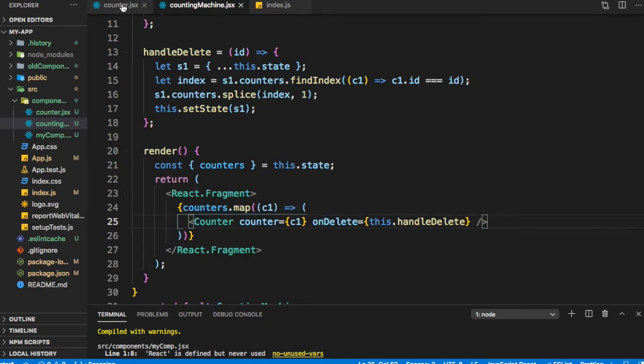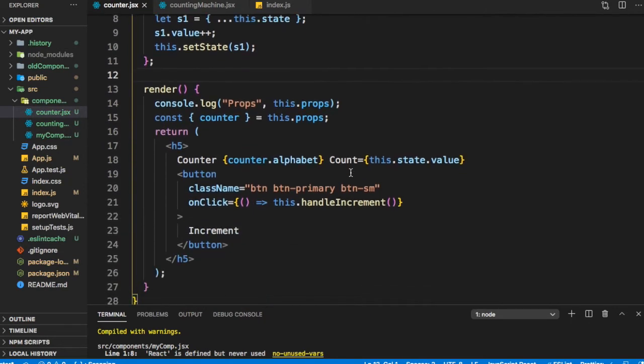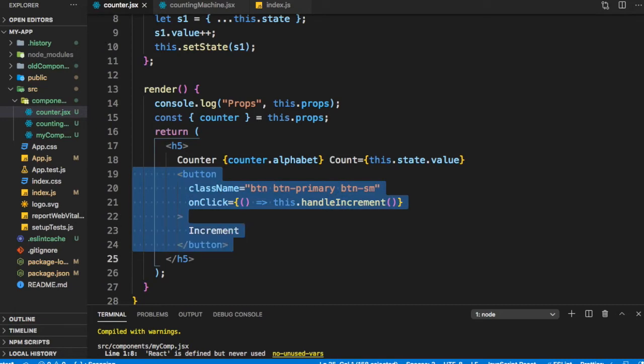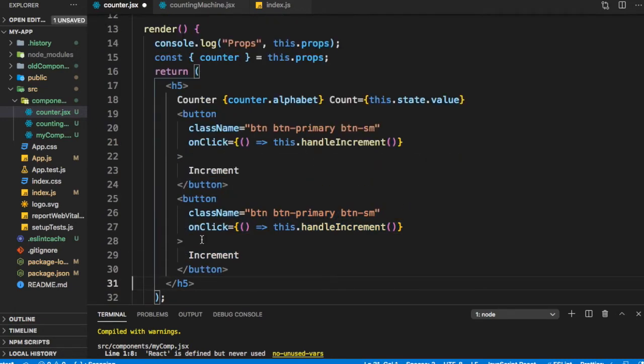So let us go to our counter. Now just like we had this button for increment, let me copy it and create another button for delete. Let's call it delete. And I will just add a little bit of margin so that it looks better. Now we need the onClick. So how do we handle the onClick?